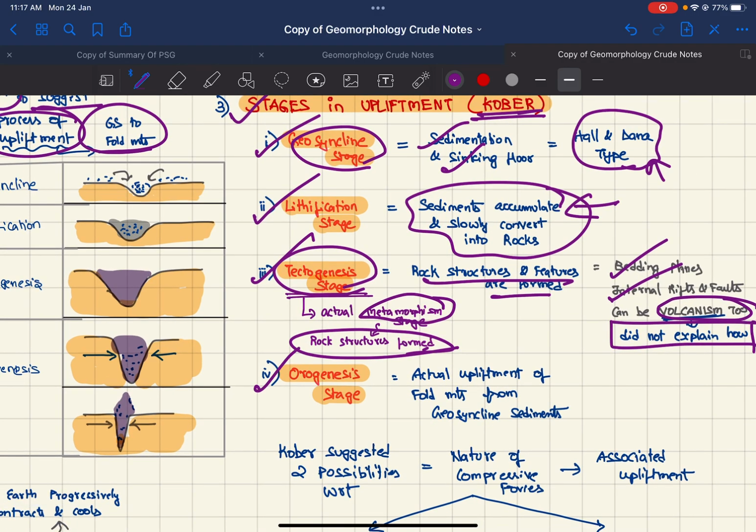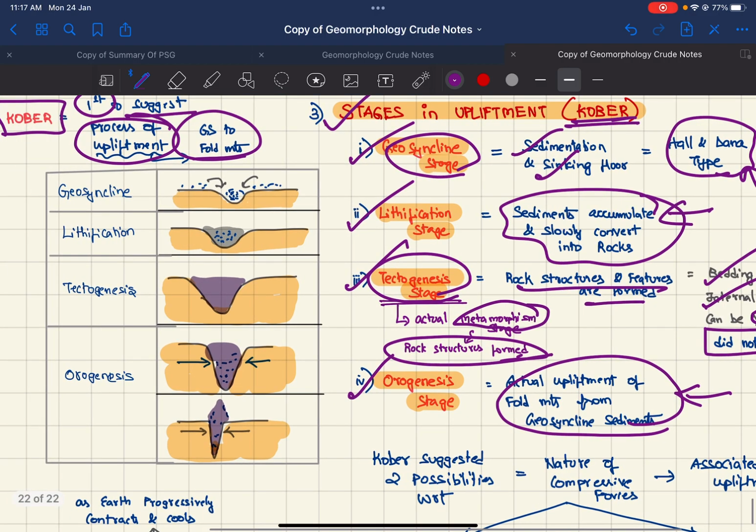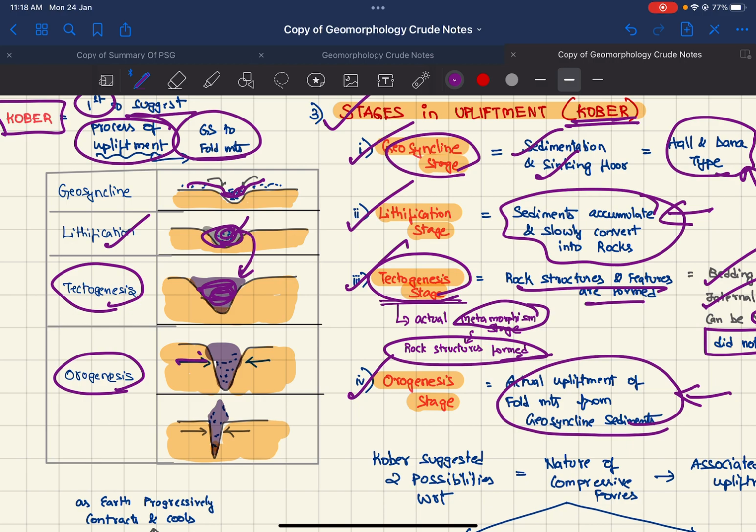Next, we have the orogenesis stage, which is the actual upliftment of fold mountains from the geosyncline sediments. So this is a geosyncline stage where we have sediments coming into the depression. Next, we have the lithification stage where the rock formation starts. We have the tectogenesis stage. The ash color rock turns into the purple color actual rock structure. Next, we have the orogenesis stage where the forces are forcing the sediments to fold and form into the fold